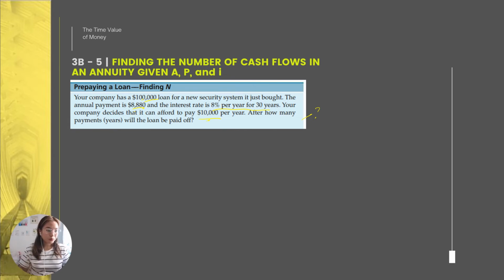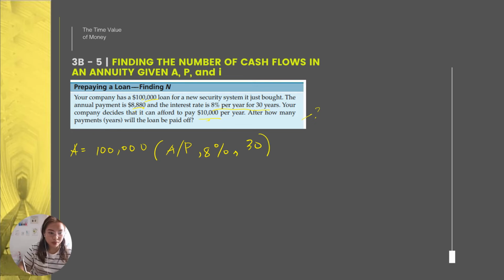Okay, so let's start with A, pila $100,000 and A of P, 8%, diba, in 30 years. So therefore, 8% of 30 is substitute nimo dito, you will get